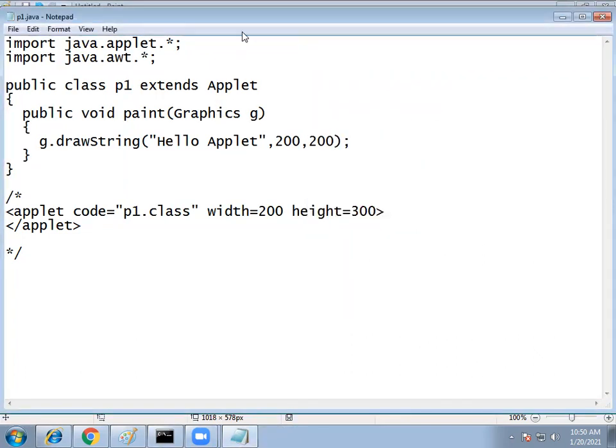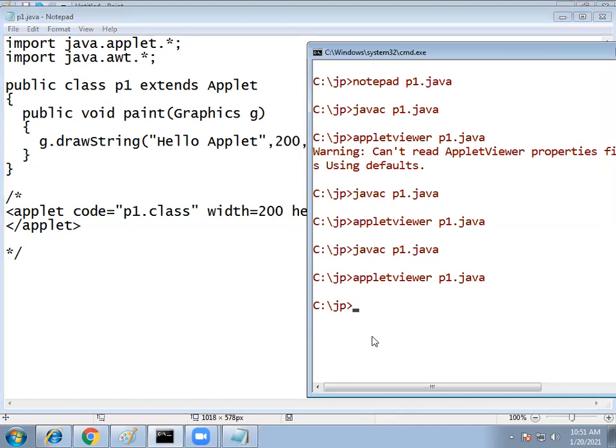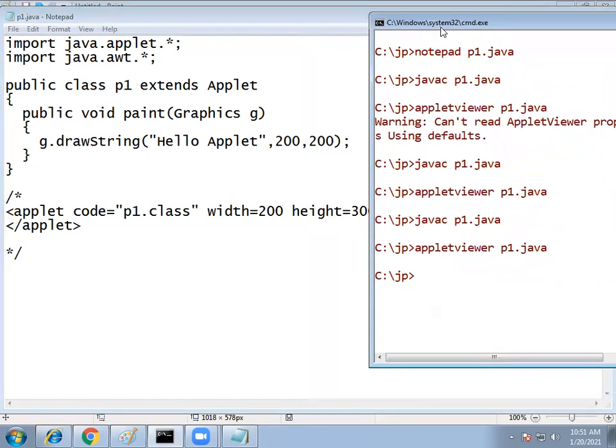Please note down the program and output, and the execution, how to execute.